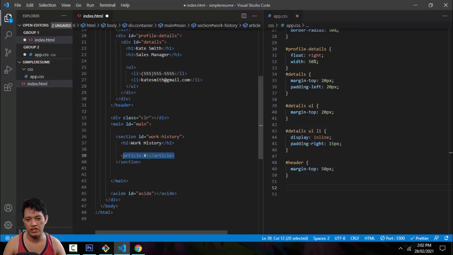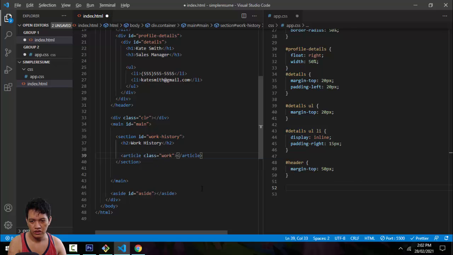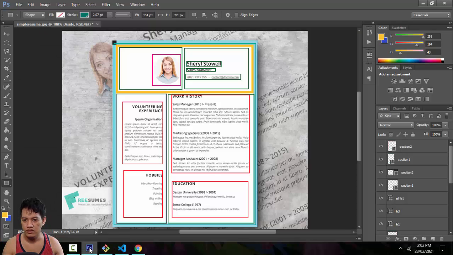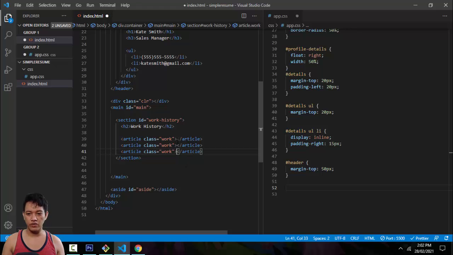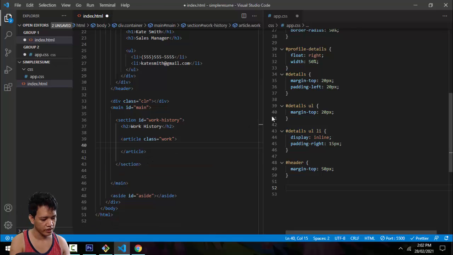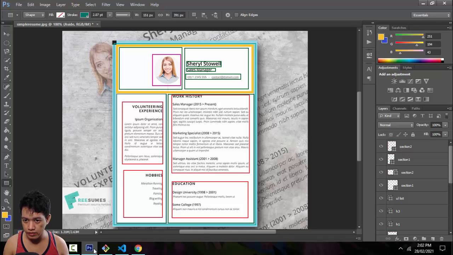We're going to use class work, article, and then work, since it has work. Yeah, that's good. Just need to erase that one so we can copy work, and then H2, H3, I think